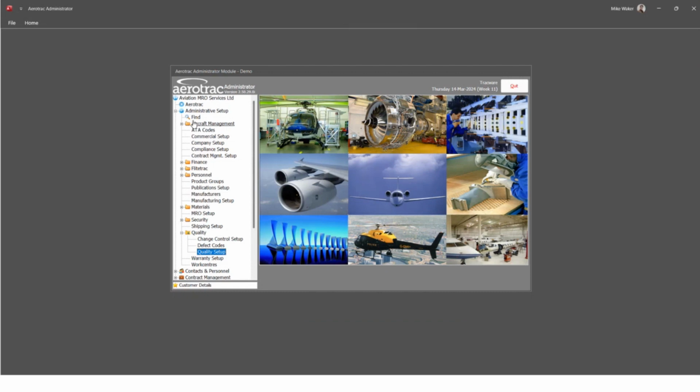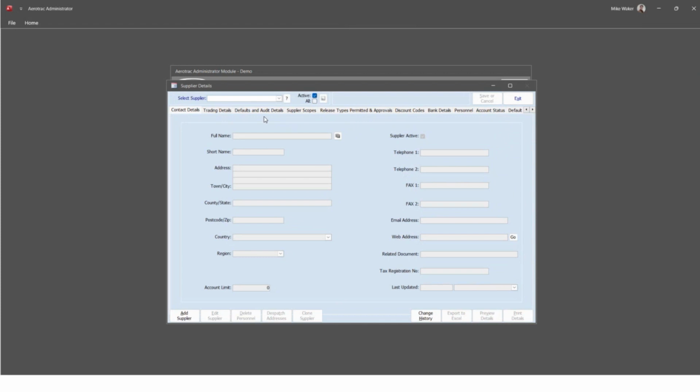What we will do then is we're going to quickly look at the supplier details within Aerotrac. So if I go into contacts and personnel and click on supplier details, and then let's pick GE, why not? Within the admin module, you can also set up suppliers. Here you can control order types, limit the range of orders procurement can raise against the specific supplier, and set up scopes for the supplier, indicating what they provide and the specifics of what it is that they